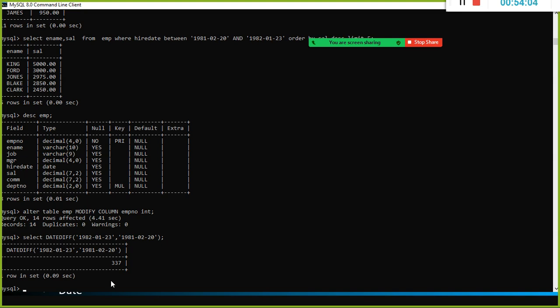Look here, 337 days are there. So 81, 82, right? 365 days are there. But here we are subtracting the 2nd February from 1st of February. So 337. Between these 2 dates, how many days are there? So there is a function called datediff. With the help of datediff, we can find out the difference between these 2 dates.